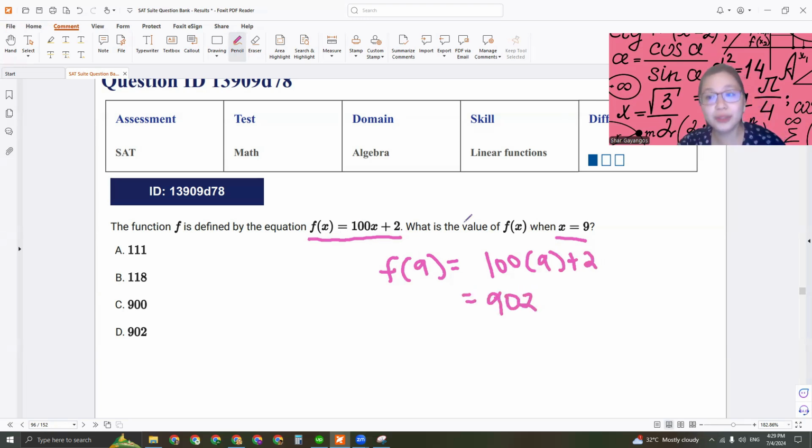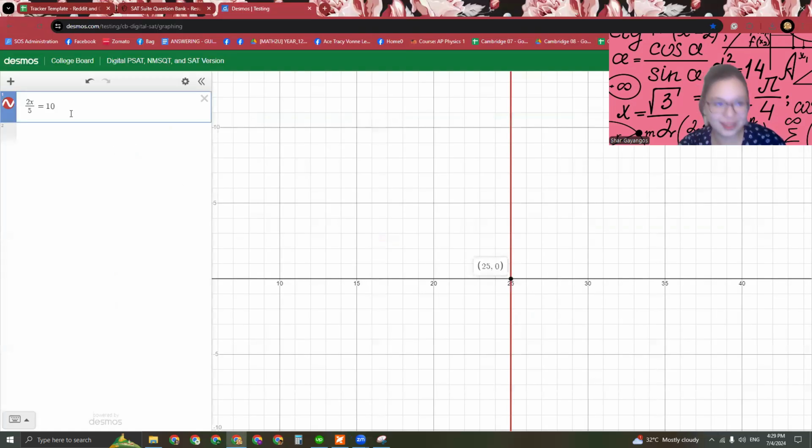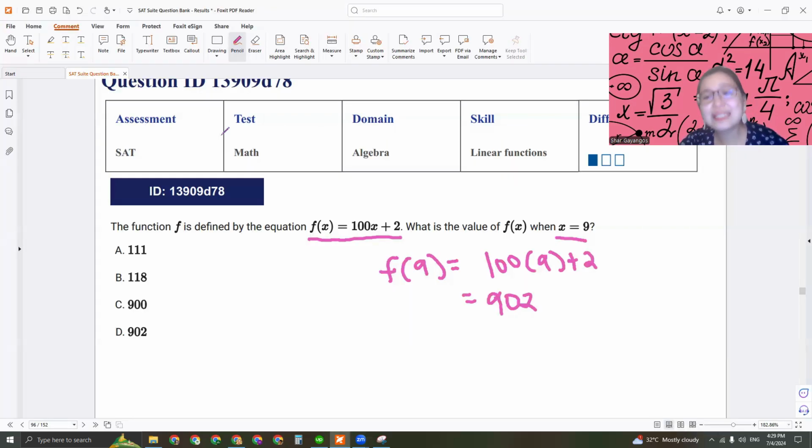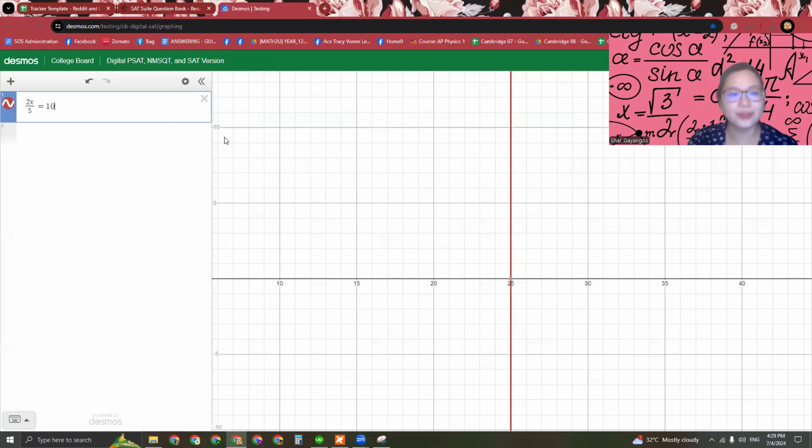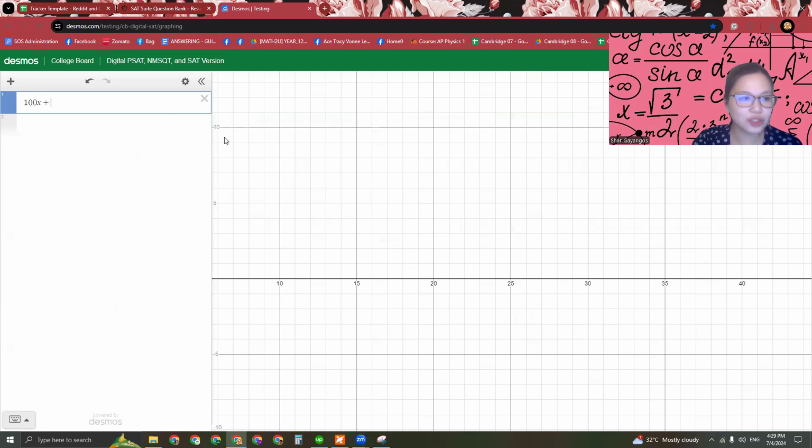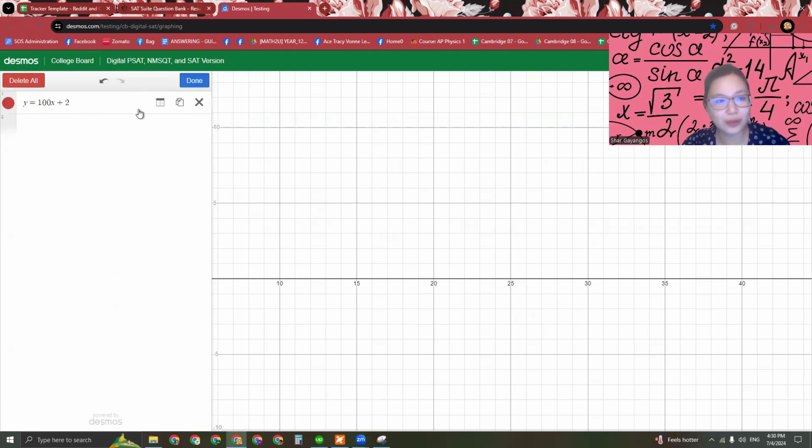And we can also use Desmos for this. Correct. The reason I'm also continuously using Desmos, even when I already have the answer, is just to show you all the options that you have during the SAT, and I want you not to be intimidated by Desmos and actually feel confident in using it. So that's why I really encourage starting to use Desmos even during your practice test drills or whatever you're doing